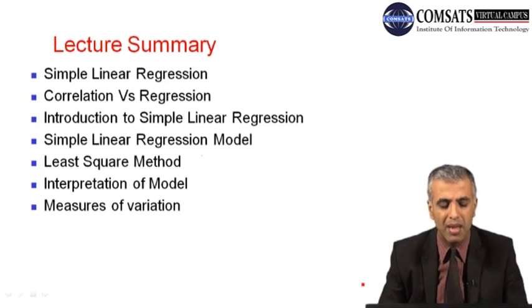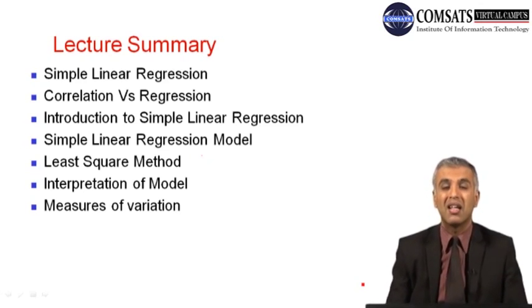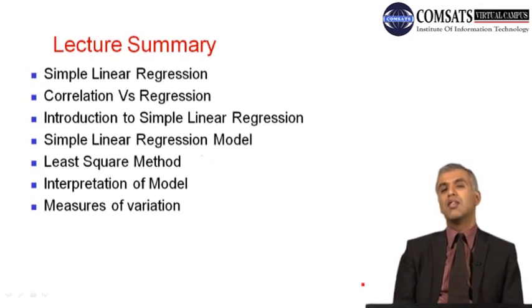After this main least square method, though there are other methods as well, the least square method is most commonly used, specifically in the case of simple linear regression. Now interpretation of that model is very easy once we have calculated beta 1, beta naught and the error term, and it gives us an exact position of the data in this case. Then we had